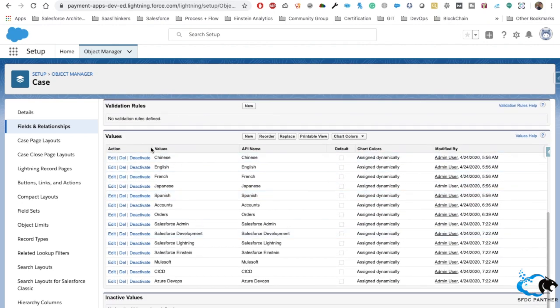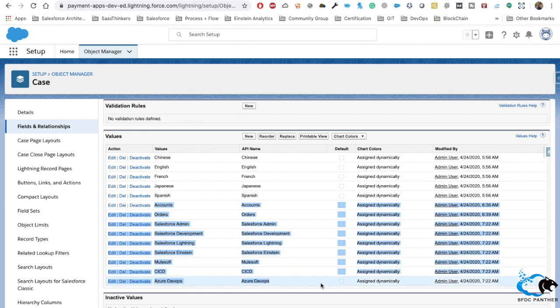Because we will be exposing this field to our customer with the help of either a live agent pre-chat form, or a web-to-lead or web-to-case form. We will ask the customer to choose their options, which query they want to connect about, and what their language is. They may be from China, or from other countries where they can easily understand English, or they may speak French, Japanese, Spanish, and we have some other options. There is another field where I also added options, so we will discuss more about these options in that field.